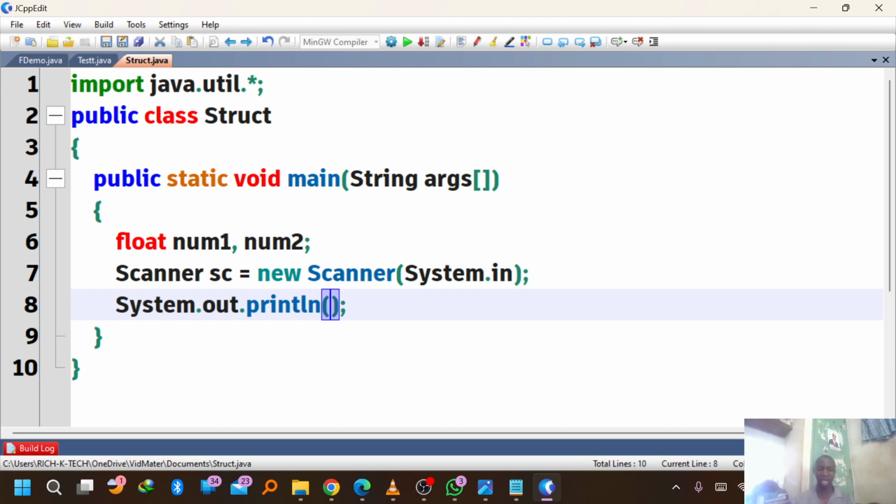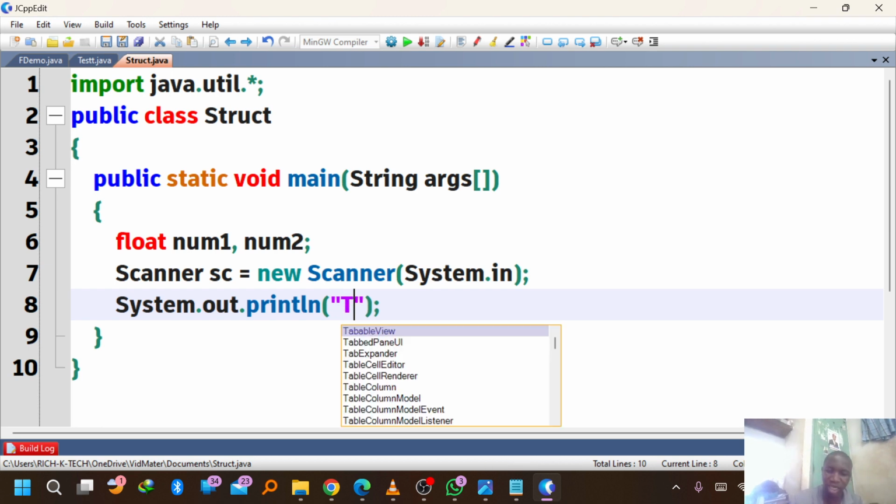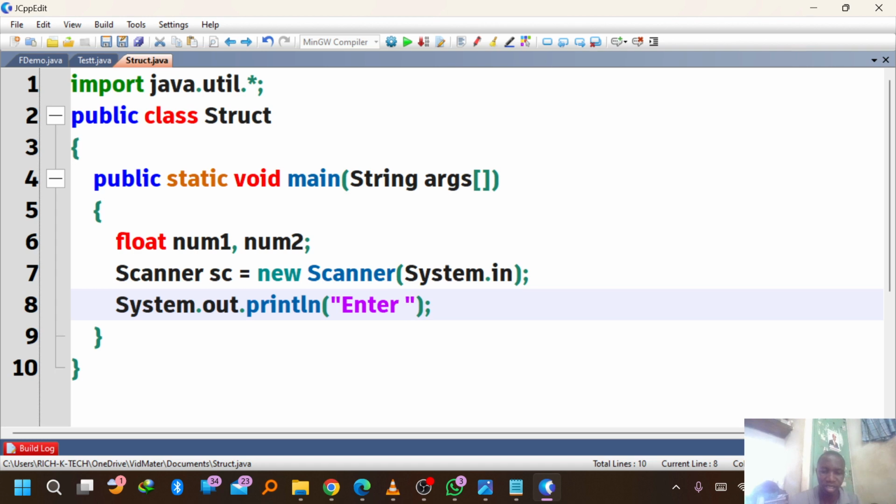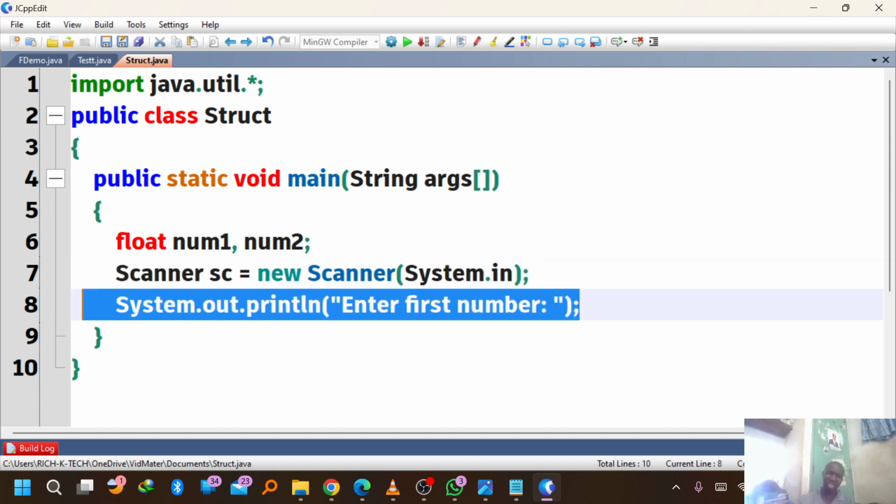Because we want to print a sentence, which is a collection of characters, that means it is a string, and so when we want to print it, it should be written in double quotes, saying Enter first number. Then you have now prompted the user to enter the first number. But this statement you have written here, this line 8, is not necessarily allowing the person to enter the first number. If I run the program at this stage,